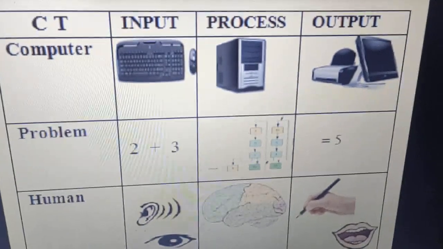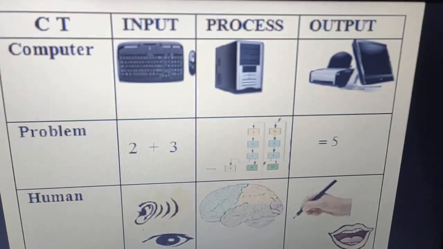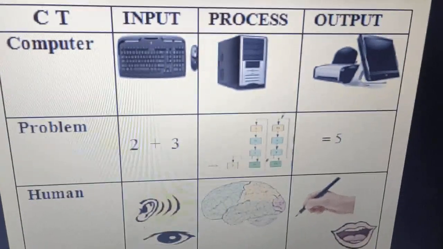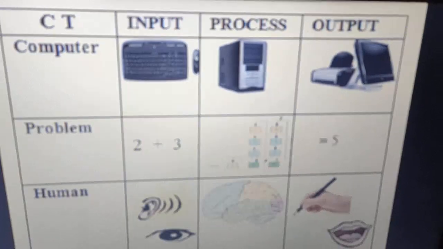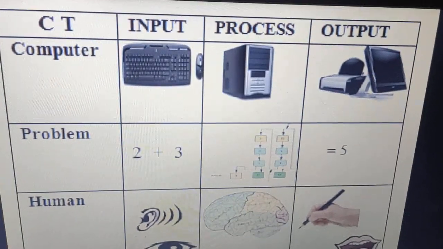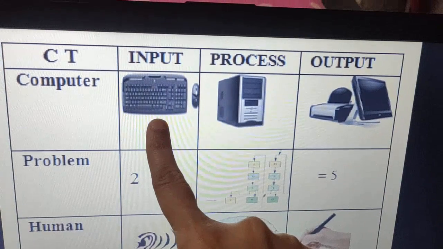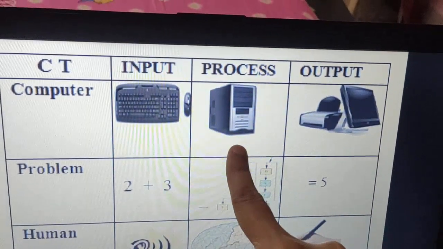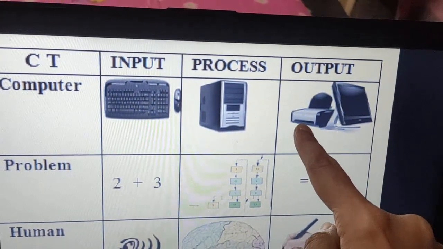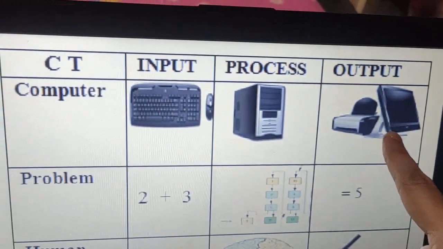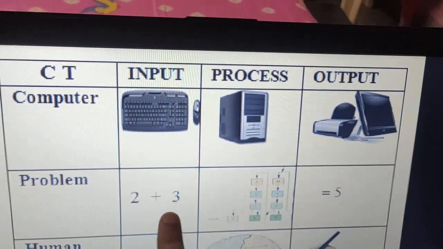So dear children, how does a computer work? I hope you are getting that the computer works in the form of input process output. Even in our day-to-day life, in our real life also, we work in the form of the input process output cycle. We have another example. I already said that the computer will take input using the keyboard and mouse. Who will process it? CPU will process it, and we will get the result with the help of either the printer or monitor.